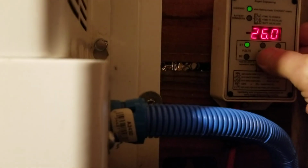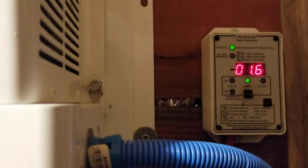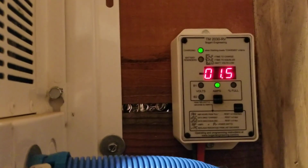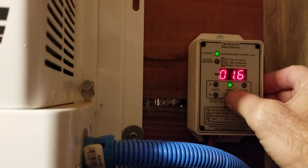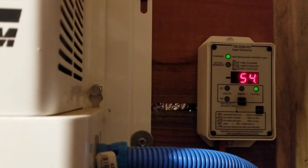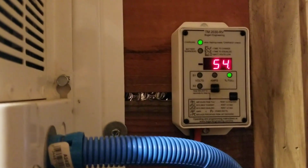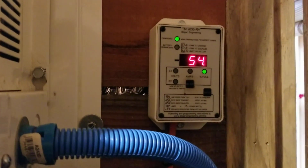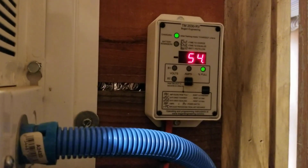So I can see right now we're in a charge state. 1.6 amps going into the batteries. It's about 8:30 in the morning and the batteries are at 54%. And so we had sunlight yesterday, so we went into the evening at 100%. And you see here we're using